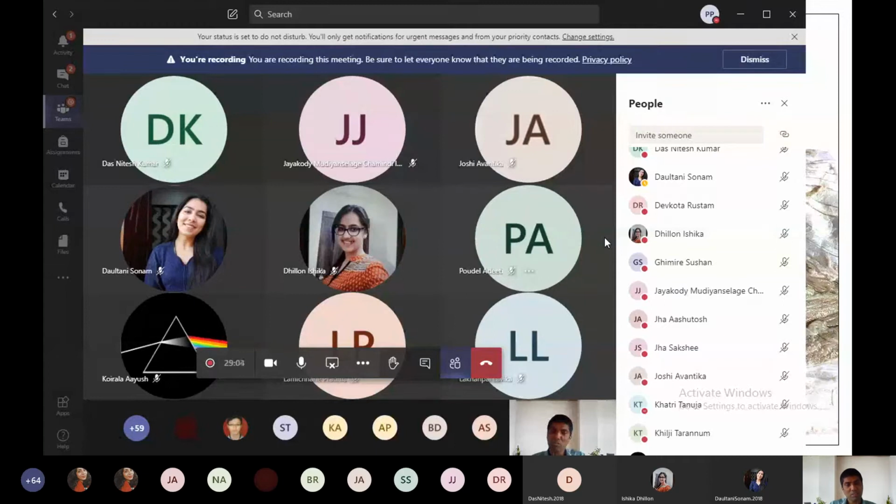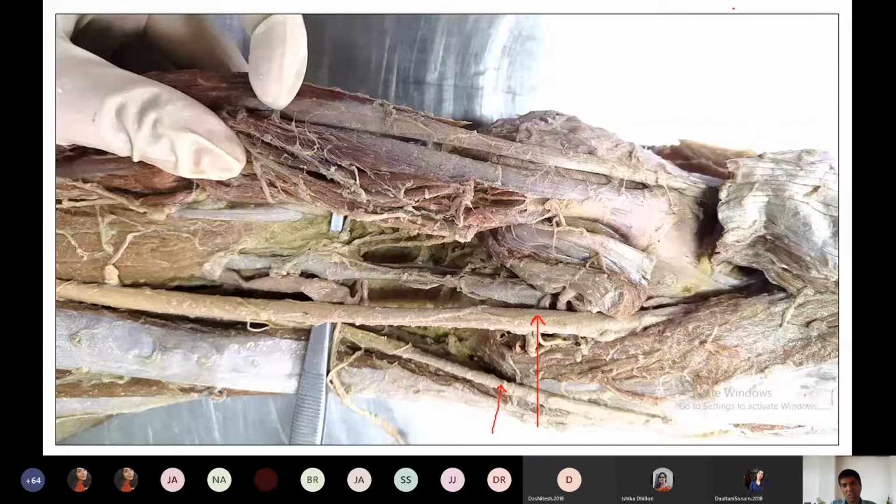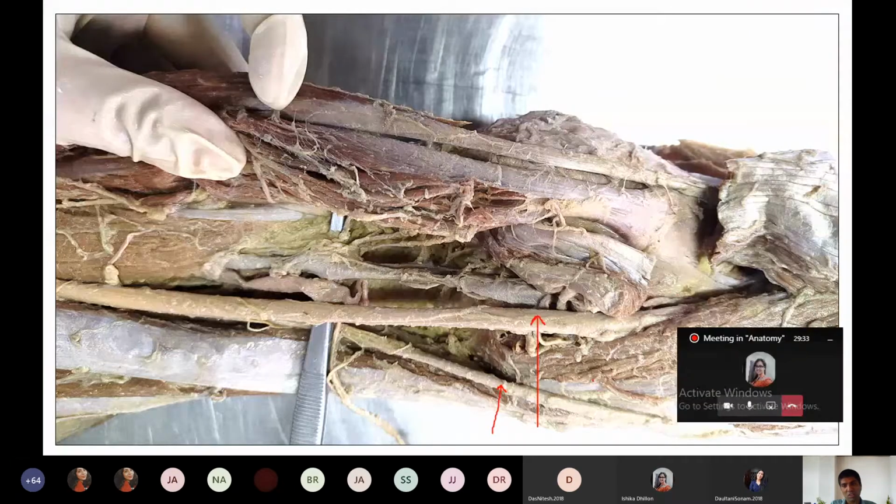The deep peroneal branch of the common peroneal nerve will supply the anterior muscles of the leg, which are the extensor muscles. If there is damage of this nerve, then there will be foot drop. Similarly, the superficial branch will supply the lateral compartment of the leg. If there is damage to this nerve, then there will be a problem with the eversion of the foot, because the lateral compartment muscles do the eversion of the foot. So if you remember these parts, it will be enough here.